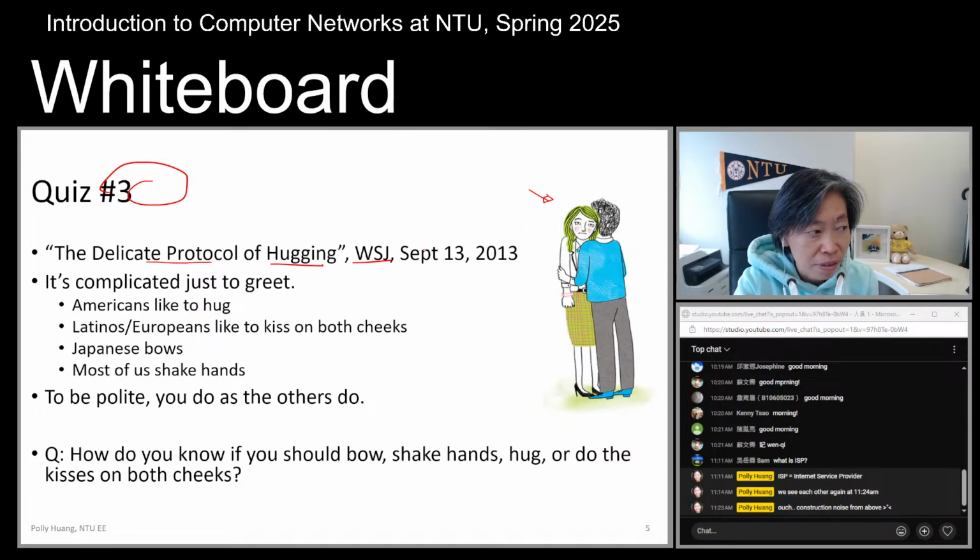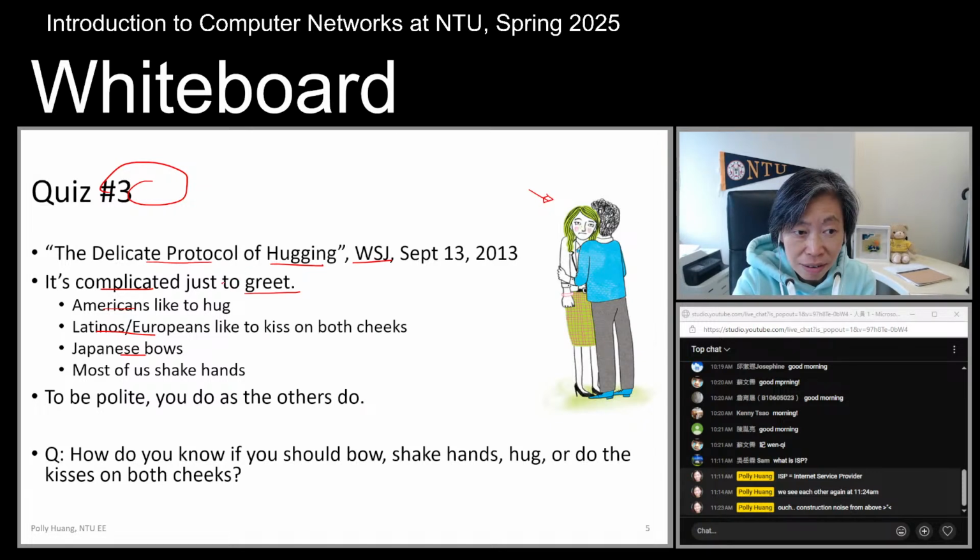So you see, greeting is an important and very frequent part of human communication. But greeting itself can be complicated, especially, hey, you guys, this is an international class, right? Some of the exchange or international students are probably Americans, and some are probably from Europe. And last year, we had a Japanese student in the class. So people coming from different regions and different cultures greet differently.